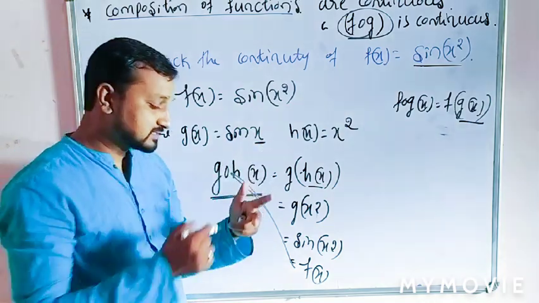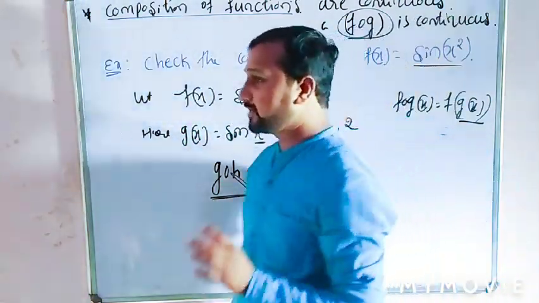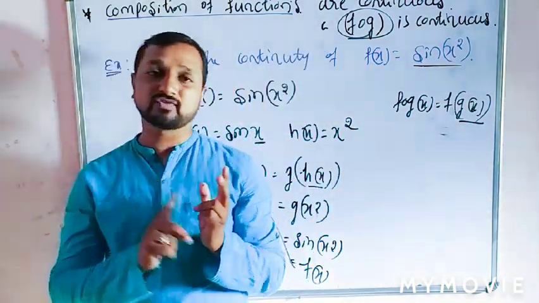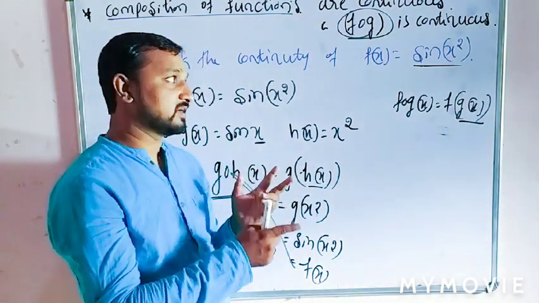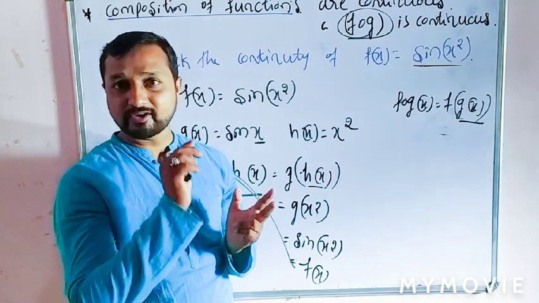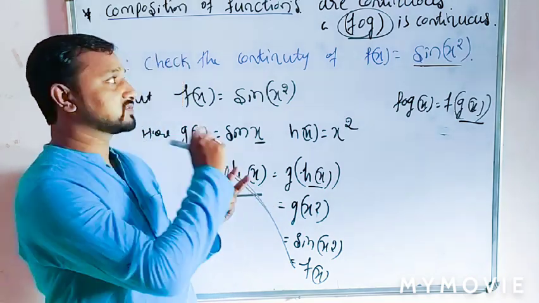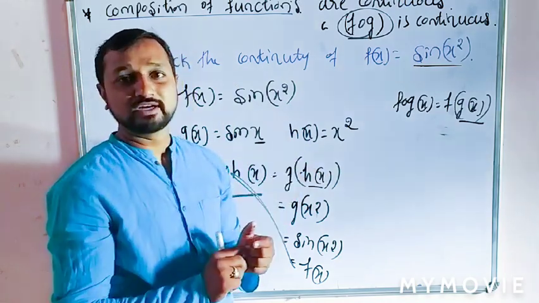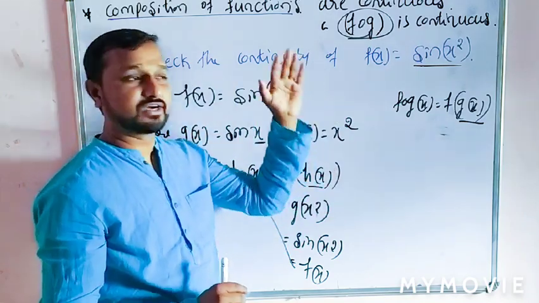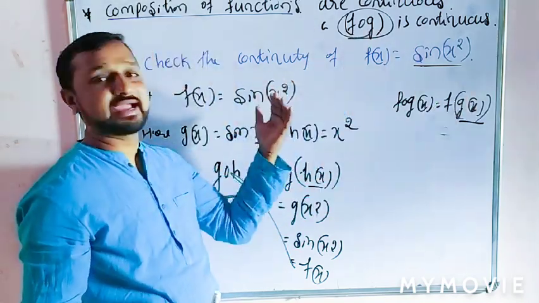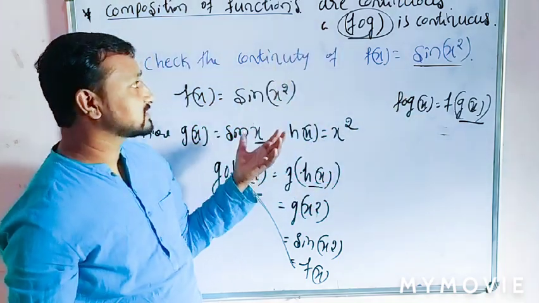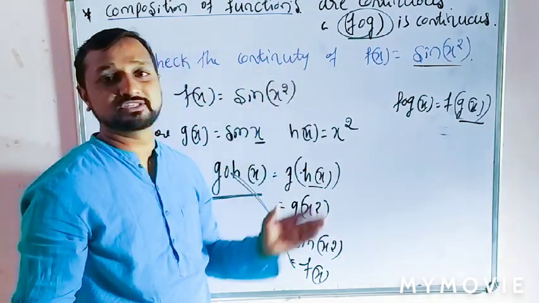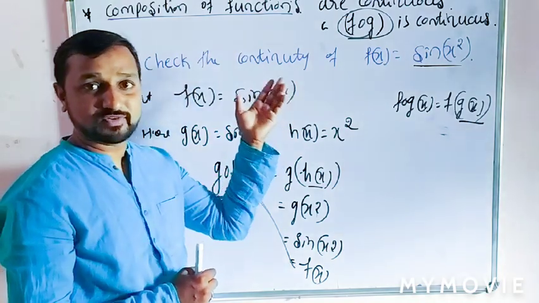Is that clear? So students, this is some basic idea about continuity of the function. First we discussed the definition, that is, limit of the function equal to the value of the function, then the function is continuous. Second, LHL equal to RHL, then the function is continuous. And the third definition: a function is continuous at every point in its domain. Already we discussed the continuity of the function at a particular point and generally, and also the continuity of some standard functions like trigonometric functions, which are continuous except in some situations, and the composition of functions is also continuous.